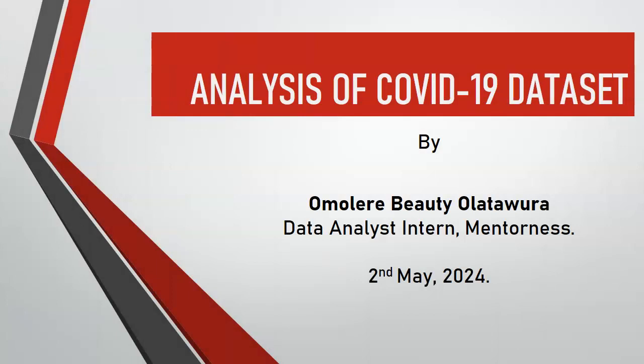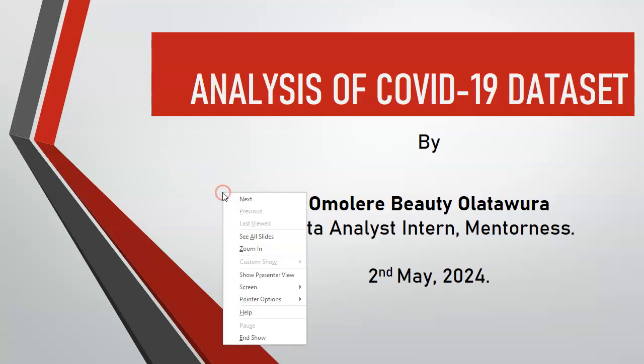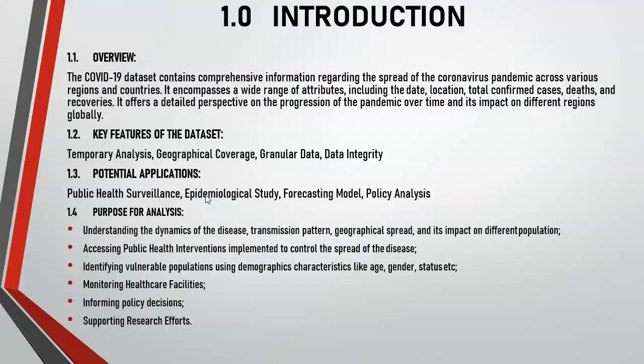Today, we are going to be looking at an analysis I did on the COVID-19 data set sent to us. The COVID-19 dataset contains comprehensive information regarding the spread of the coronavirus pandemic across various regions and countries. It encompasses a wide range of attributes, including the date, location, total confirmed cases, deaths, and recoveries. It also offers a detailed perspective on the progression of the pandemic over time and its impact on different regions